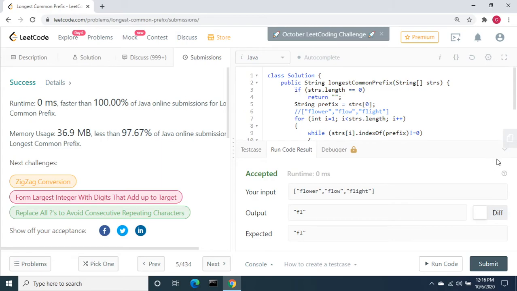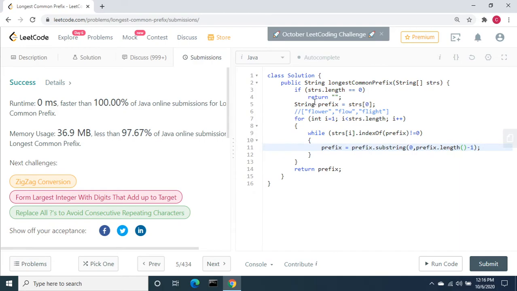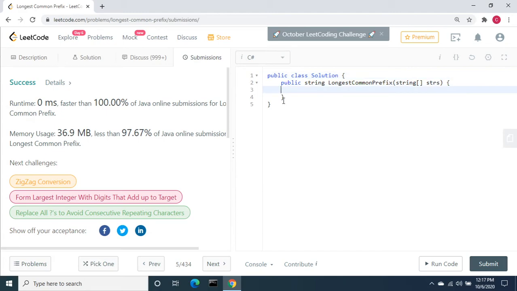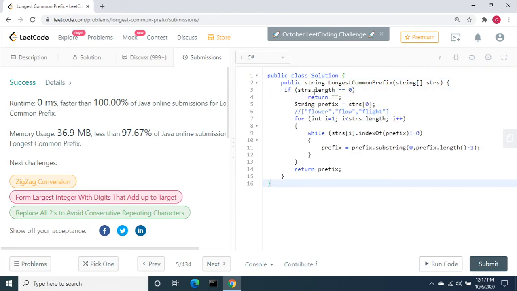Let's solve this same thing in C# as well. I'm going to copy this complete code, change the language to C#, and paste the code. Let's make the necessary changes. Here it is going to be Length with a capital L, and string. For return empty, we can return string.Empty also.